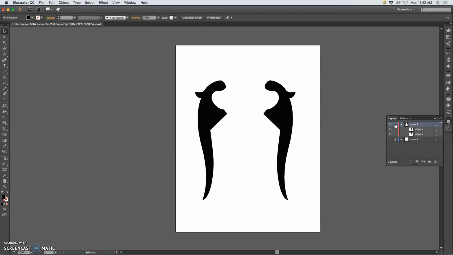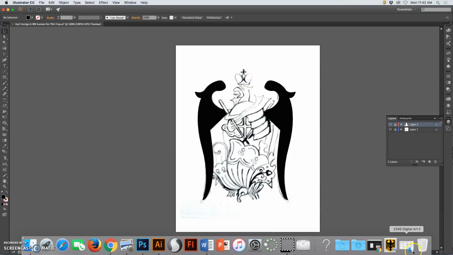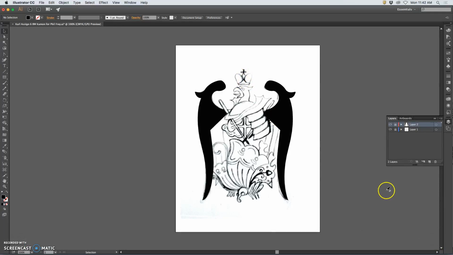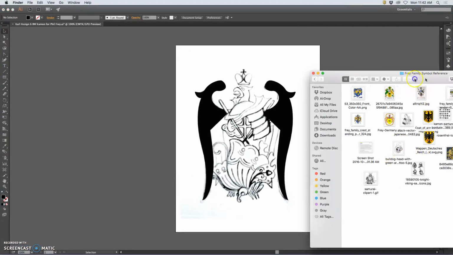So that's how I like to use layers to help organize. Now that I'm happy with those wings, I'm going to go to another part. And I might go to a part that uses a different tool that's not solid shape so much. Instead, it's this crown, which, like my reference, which I have on my desktop, let's see, right here, the Rosenthal